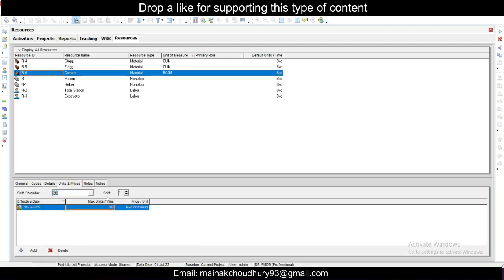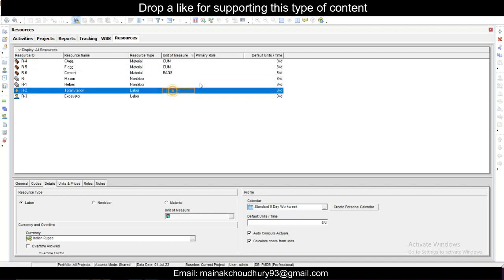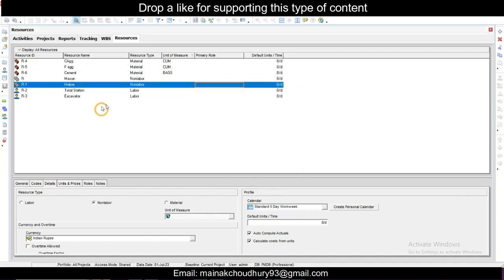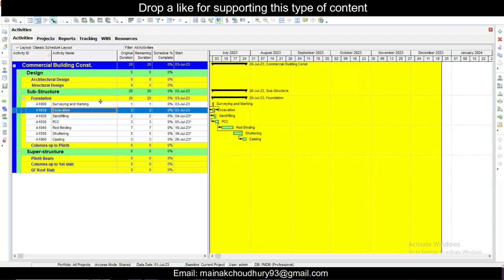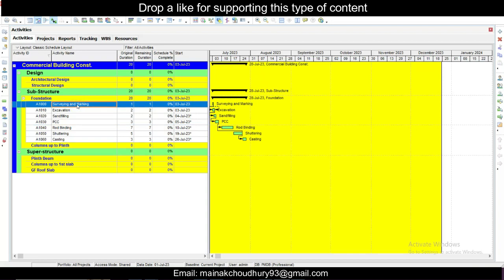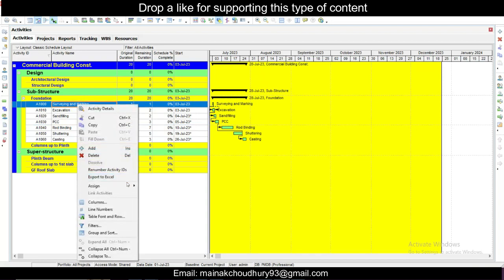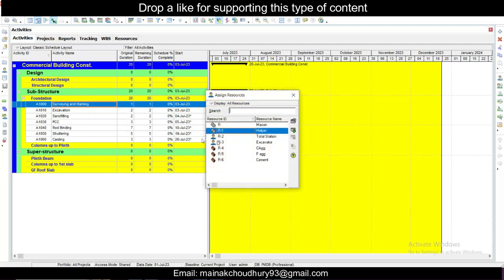So this is cement, rupees per bag, you can just suppose 500 per bag. Like this you can give the prices also. Okay, like this you can just give this here to all these resources, and after that you go to the activities, and then suppose in the surveying and marking we assign the resources. Right click, assign resources. So surveying and marking, so we'll need total station here. Okay, click on add here